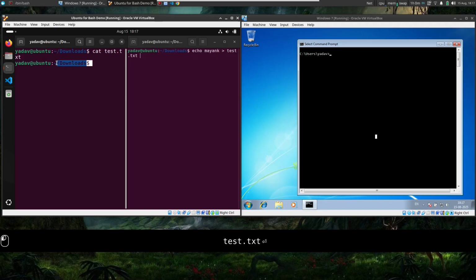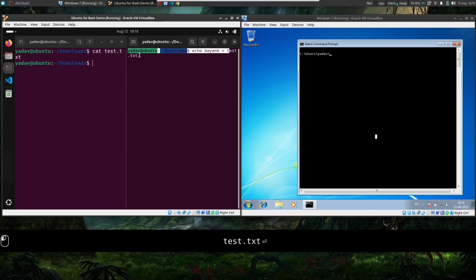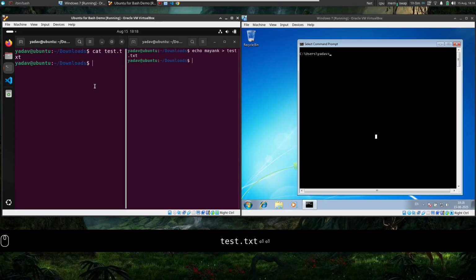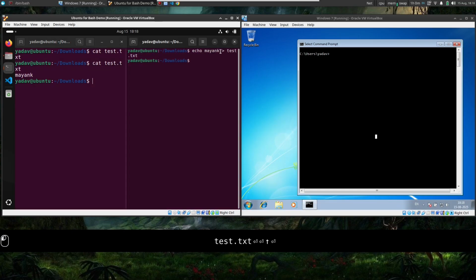That is why I got my prompt back. Now if I echo Mayank and send it to test.txt, what happens? If I do cat again, see, this had Mayank, because output of echo was sent to test.txt. That is why we can see inside test.txt we have Mayank.